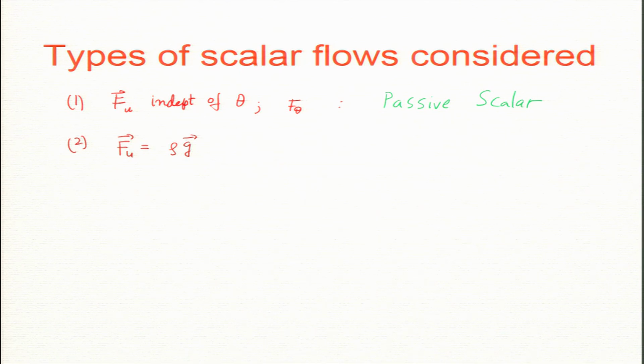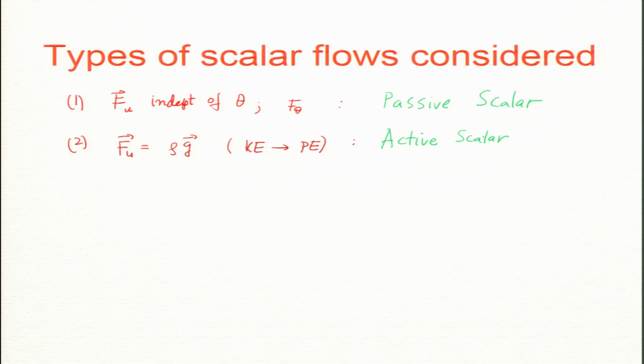Now, this rho g will affect the velocity field, because the velocity field can be decreased. Basically, in the atmosphere gravity takes the kinetic energy away, and I am going to show you that. There is a transfer from kinetic energy to potential energy, and I will prove it. Here the velocity field is a function of the scalar, so it is not a passive scalar anymore. We call it an active scalar, that means the velocity field is affected by theta.